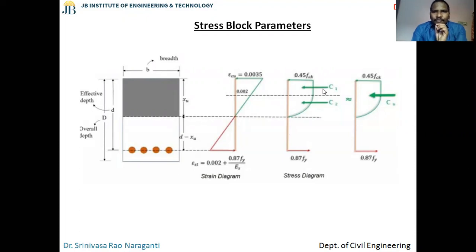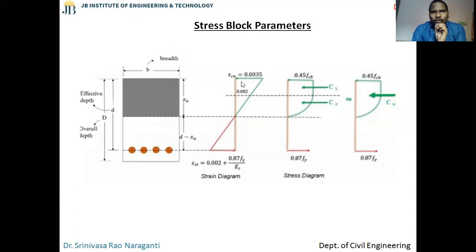Now, this graph talks about the stress variation. Until 0.002 strain, you see a rectangular portion. After the rectangular portion, it starts taking a parabolic shape. From 0.002 until 0 strain, it takes a parabolic shape. So this is what we try to look at, guys. This is the stress block diagram.